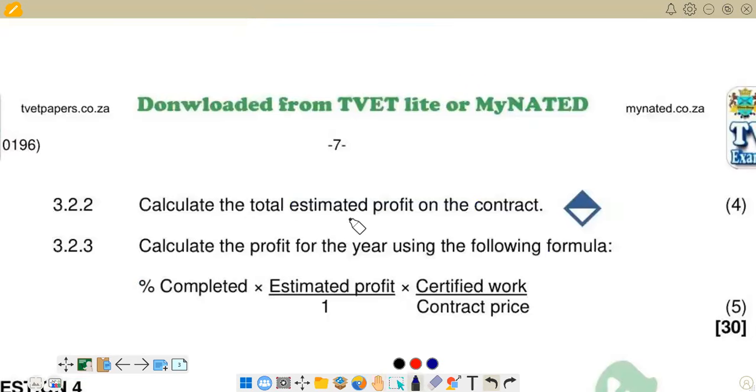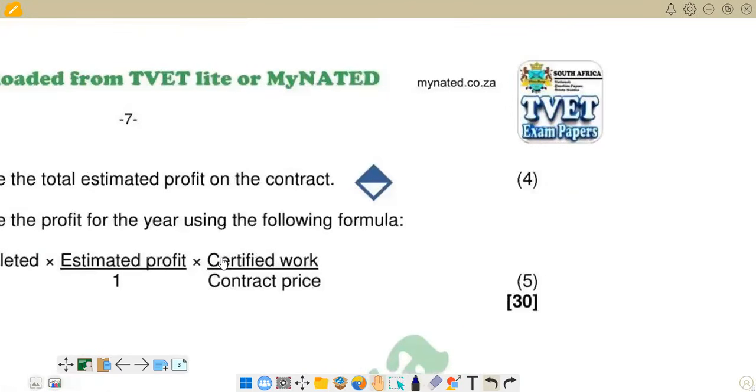Right, the next question is saying calculate the total estimated profit on the contract. To get the total estimated profit on the contract, let's try to bring again the formula that we used there to find the total estimated profit on the contract. We are saying total